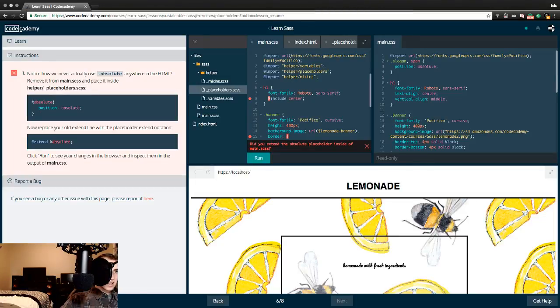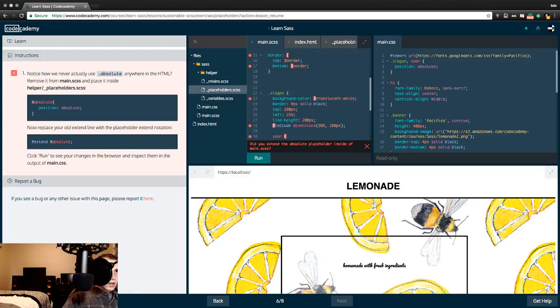Did you extend the absolute placeholder inside of main? I don't know, they told me to get rid of it from death. Hold on. Thank you. Oh, death. Okay,